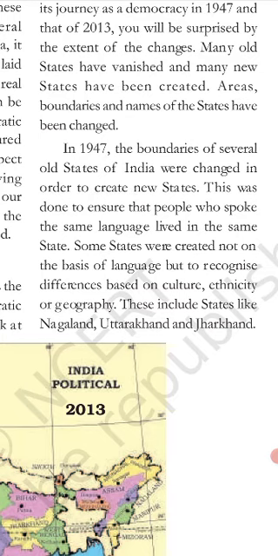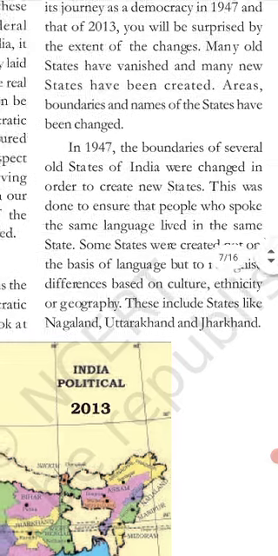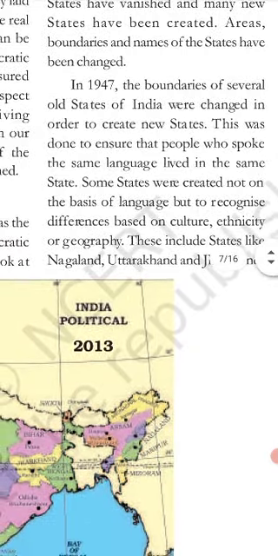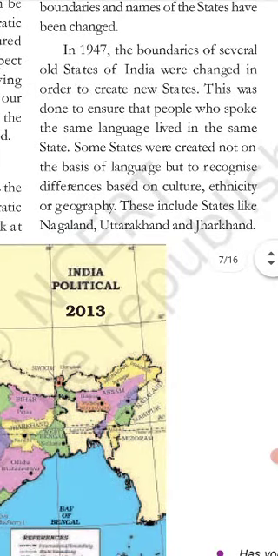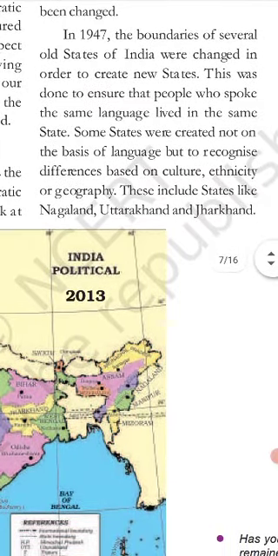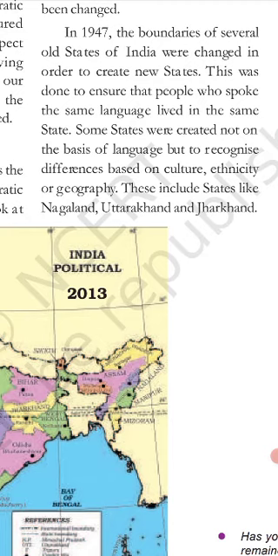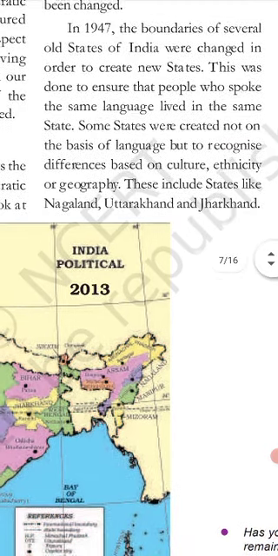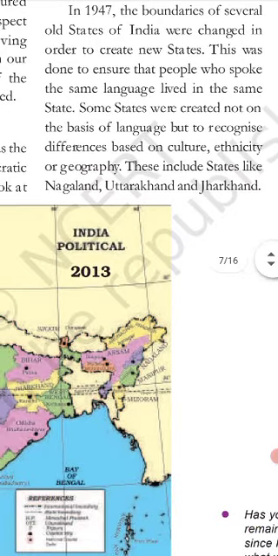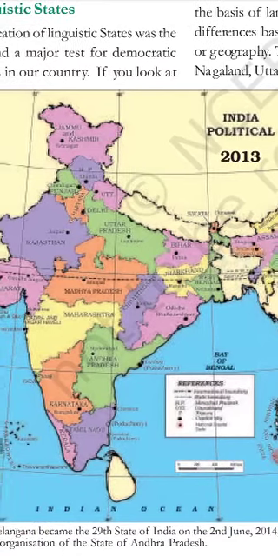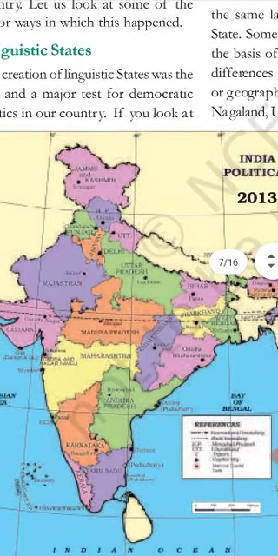In 1947, the boundaries of several old states of India were changed in order to create new states. And this was done to ensure that people who spoke the same language lived in the same state. Some states were created not on the basis of language but to recognize differences based on culture, ethnicity, or geography. So these include states like Nagaland, Uttarakhand, and Jharkhand. So this was the first test made just after the independence to make federalism more successful, that is creation